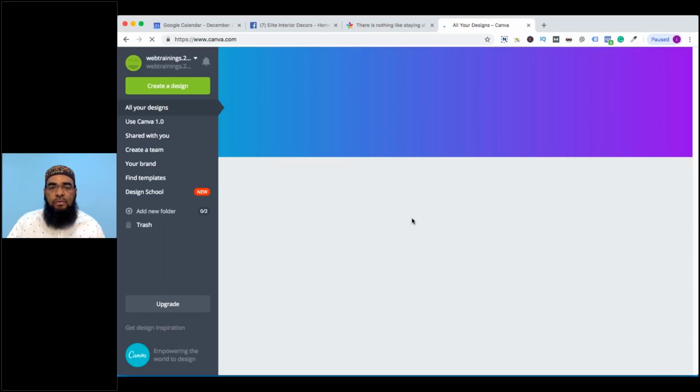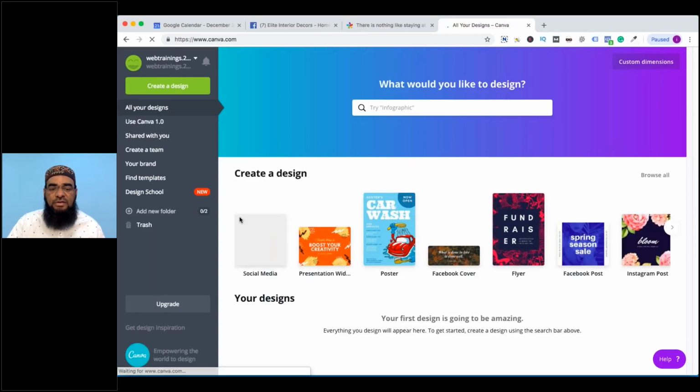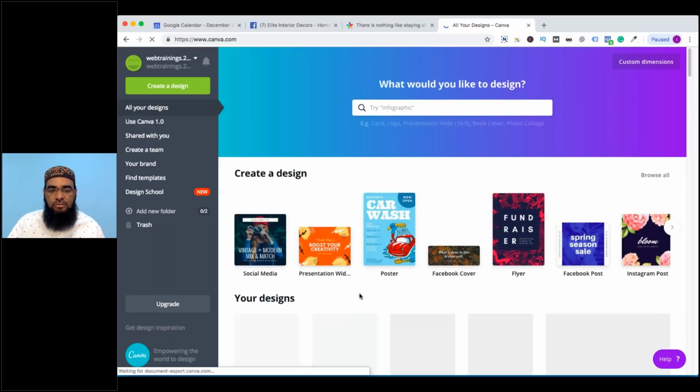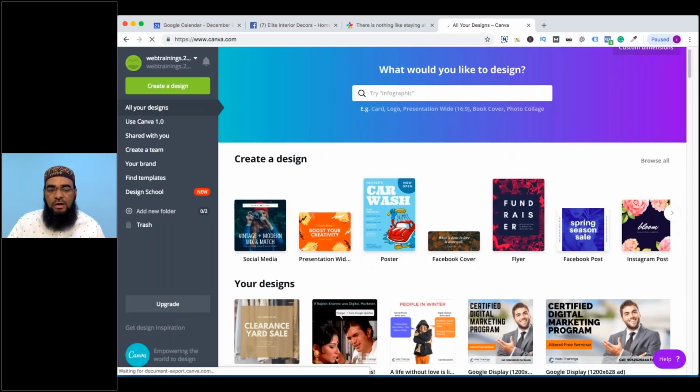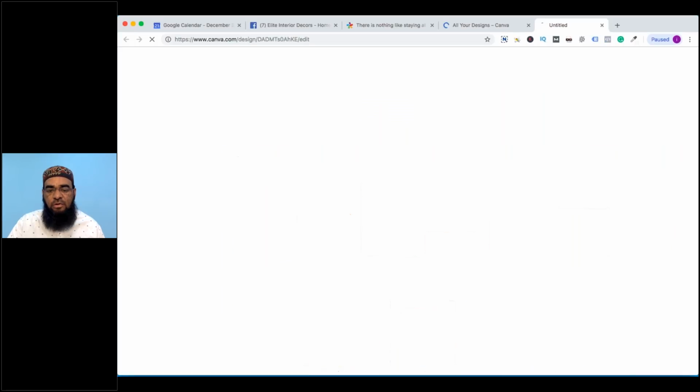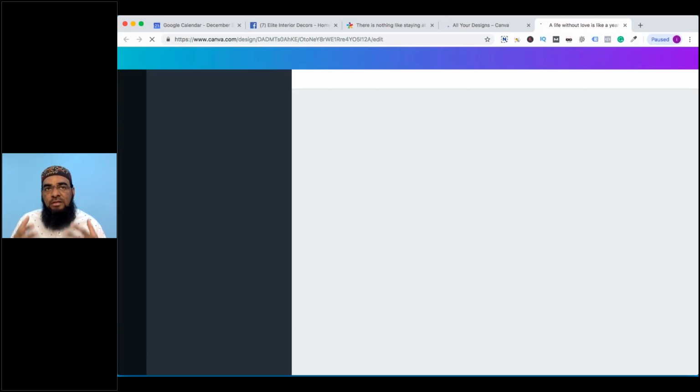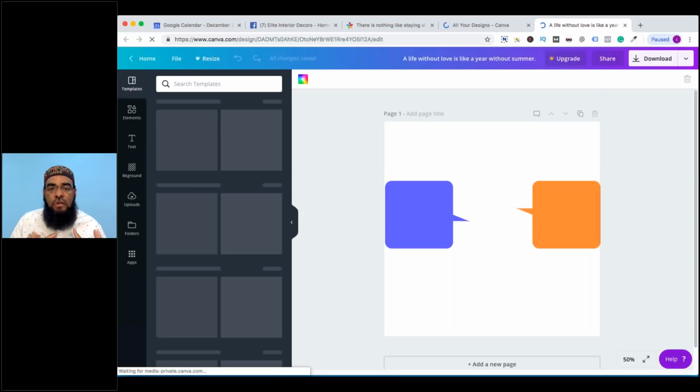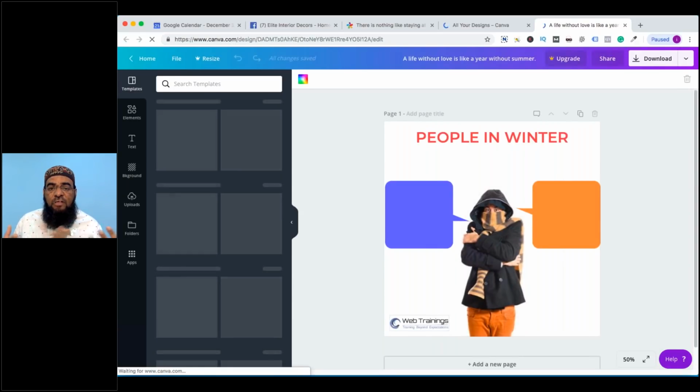So the idea is simple, the idea I have thought for this post. There are two posts in the design. One of these posts is because in Hyderabad in these few days the weather has become too cold.